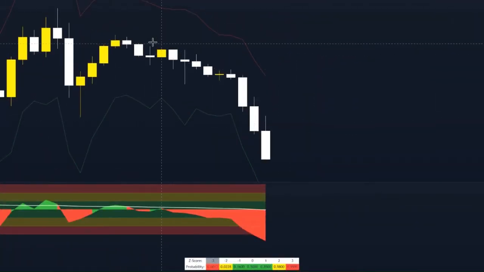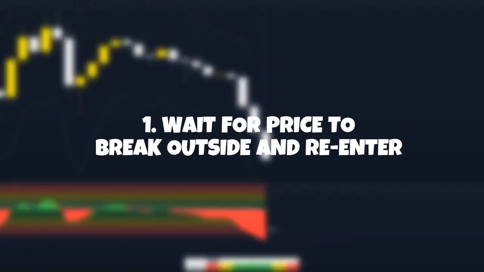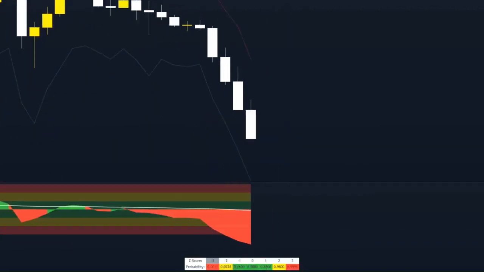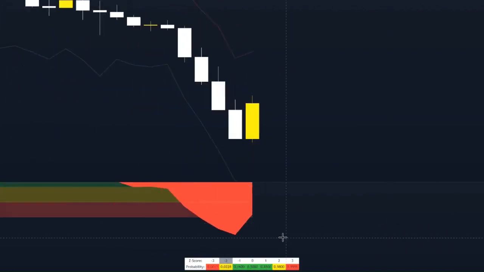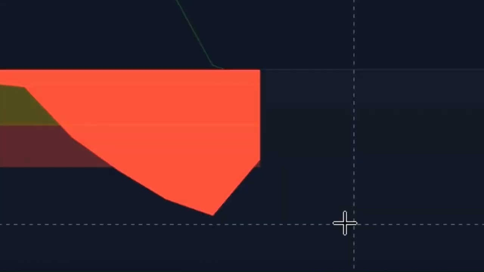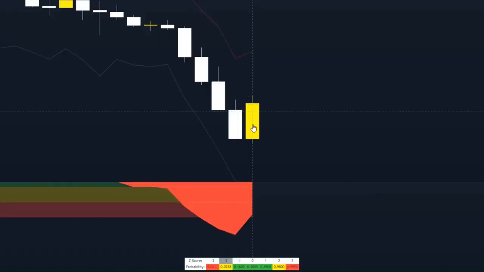So right here we can see price is selling off in a downward direction, and the histogram has actually left outside of the red zone. So now our first step for taking entries is to wait for price to come back inside this red zone after the breakout, and then we wait for a candle close. You can see right here that the indicator has come out and finally closed back inside the red zone. This upward candle right here has closed, so we will now be moving down to step 2 and entering the